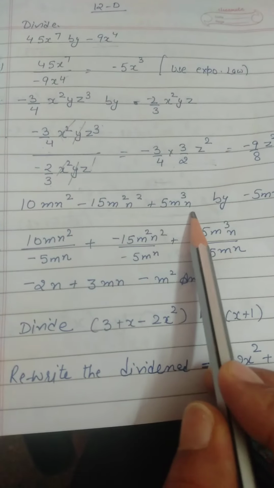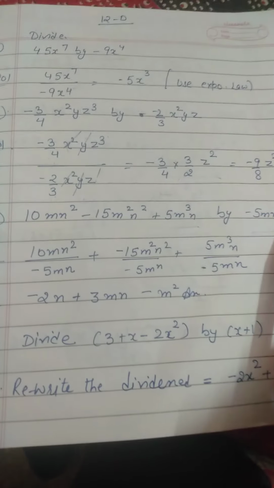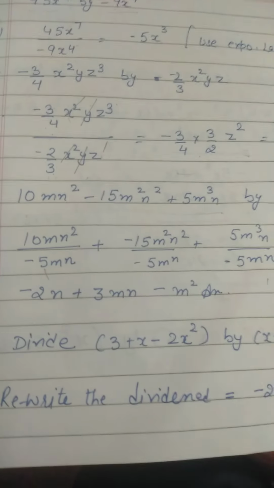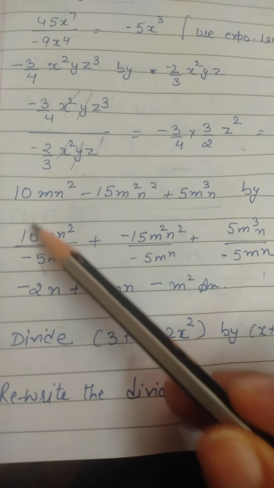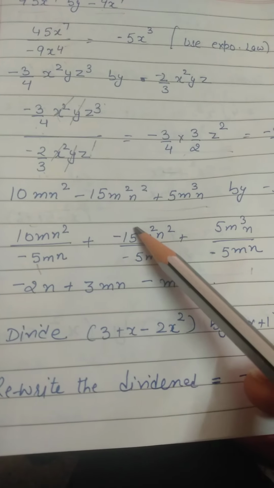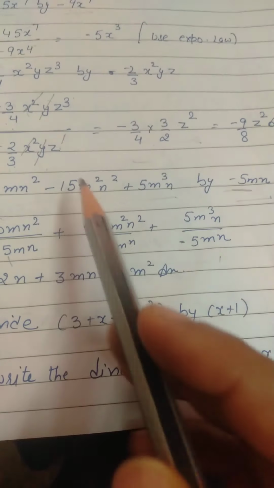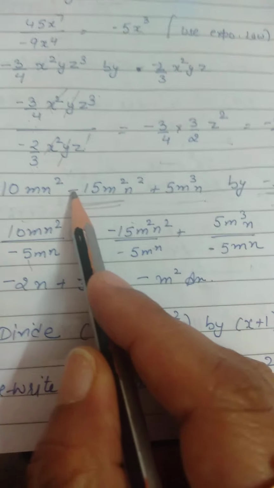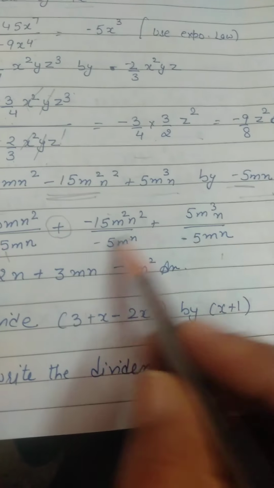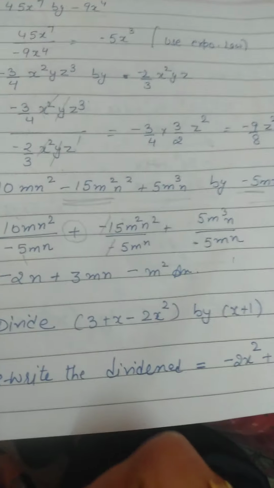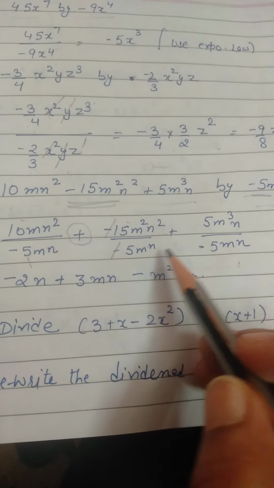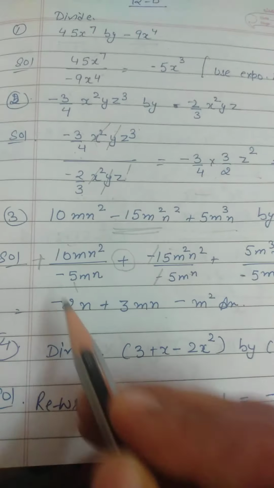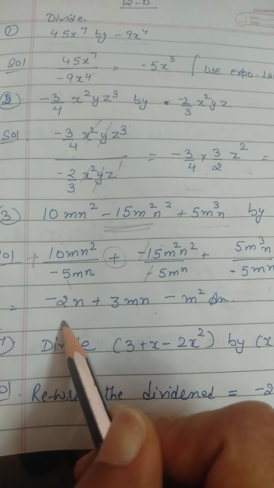Here we have 3 terms, a trinomial, and we have to divide with this, so we have to put it separately. Then 5 times 2 is 10, 5 times 3 is 15. Whenever you have minus over here and minus in the question, just put plus here and keep the minus along with this and minus this, so you can cancel easily, otherwise you will get a little confusion. Plus into minus is minus; here is no sign, it means plus into minus, minus.